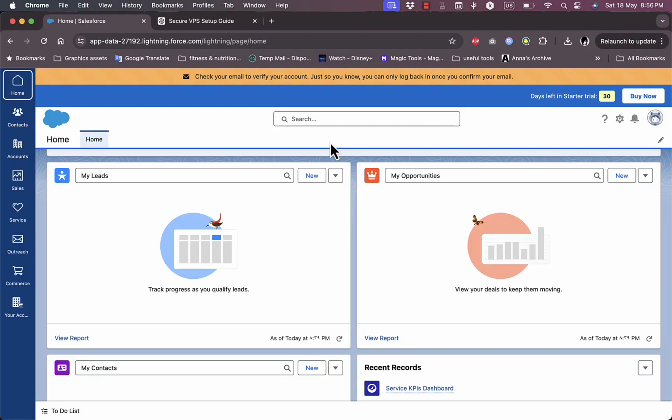What's up everyone, in this video I'm going to show you how to edit the lead stages in Salesforce. Here I am in my Salesforce main dashboard, and to access the settings you can go ahead and click here